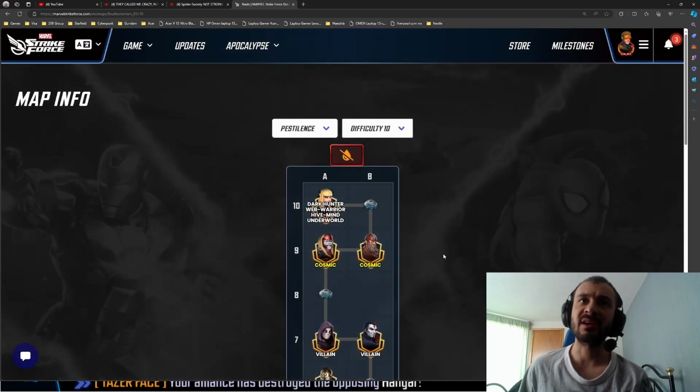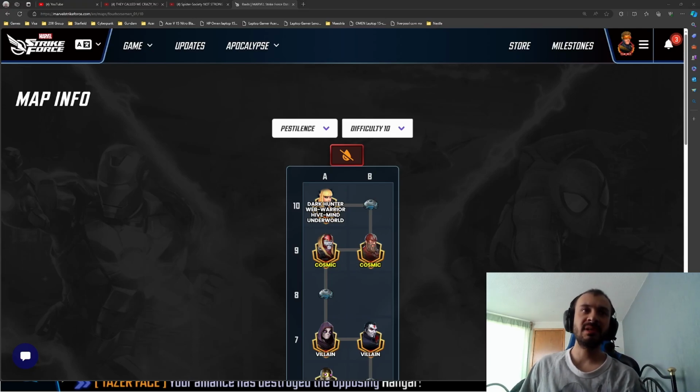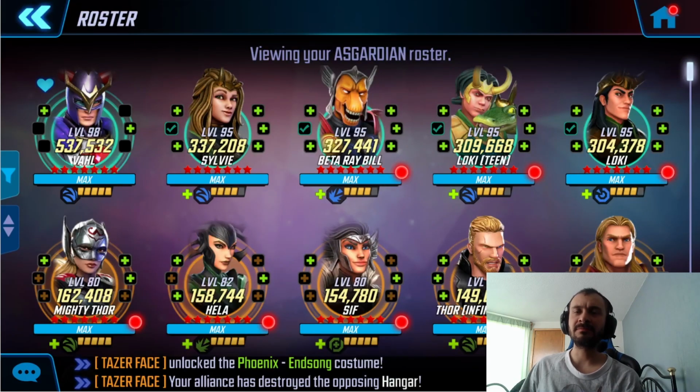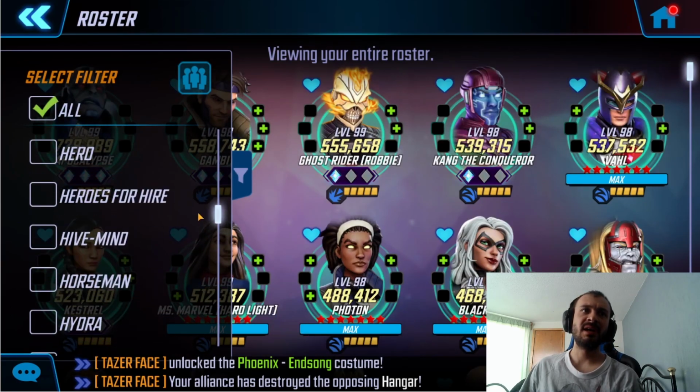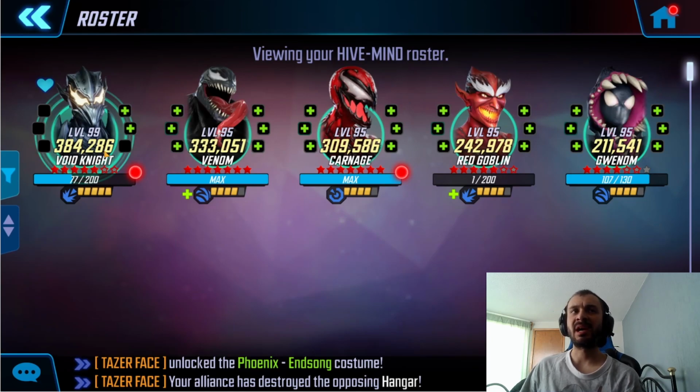Then Pestilence. Here you have Dark Hunter, Web Warriors, Hive Mind, and an Underworld. Let me go to the game. I could do two things. Either Hive Mind. Obviously, you take Hive Mind as high as possible. And that's it. Like I do. Or,